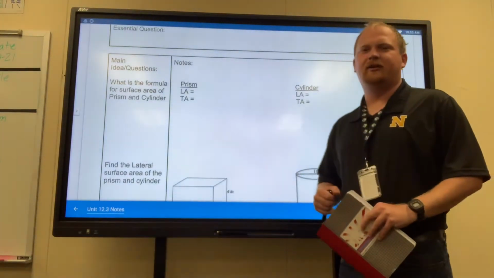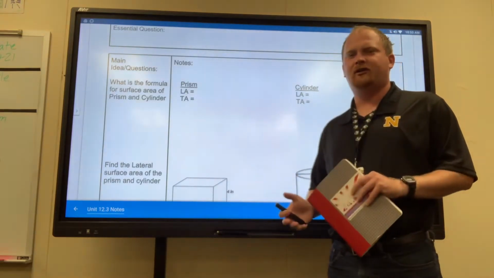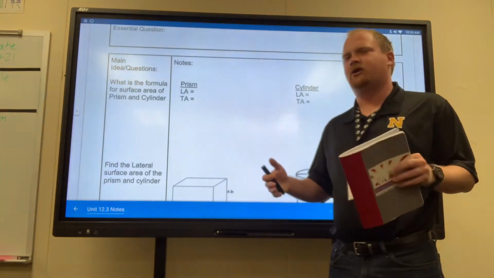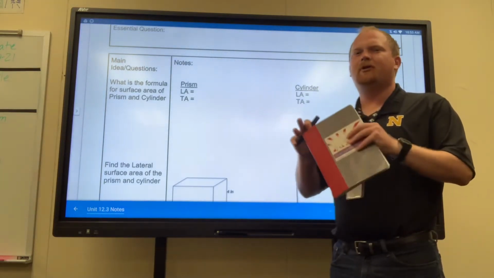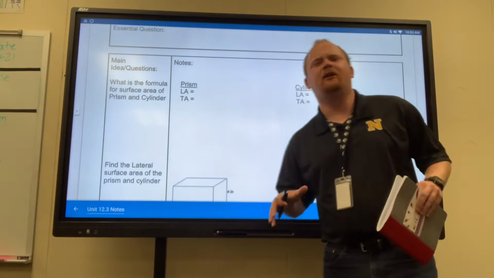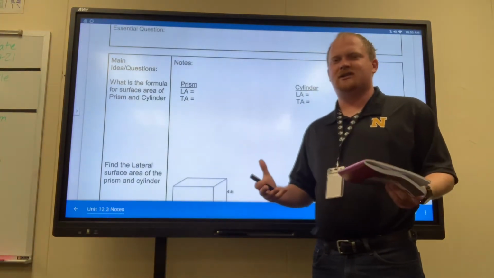Hello, Coach Holmes here, and today we're going to be talking about surface area of both prisms and cylinders. Later on, we'll talk about surface area of pyramids, cones, and spheres, but we want to keep them separate to simplify a little bit, because cylinders and prisms are very much the same except on